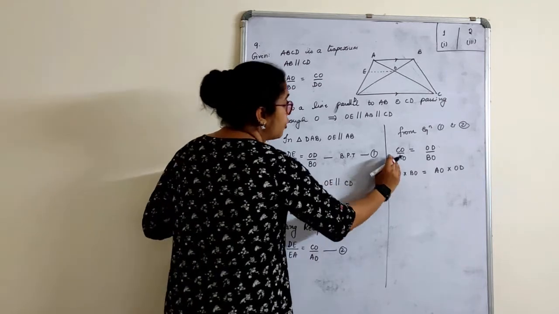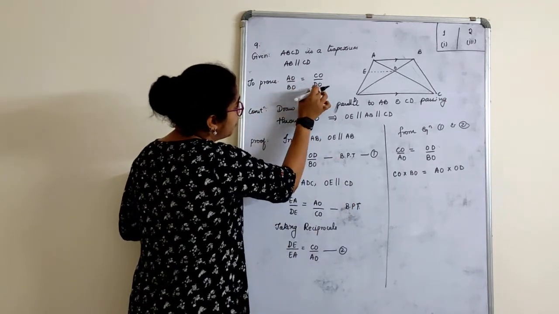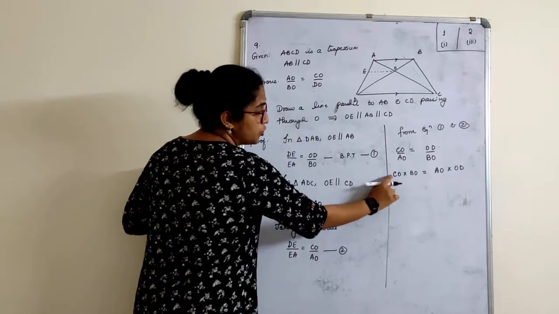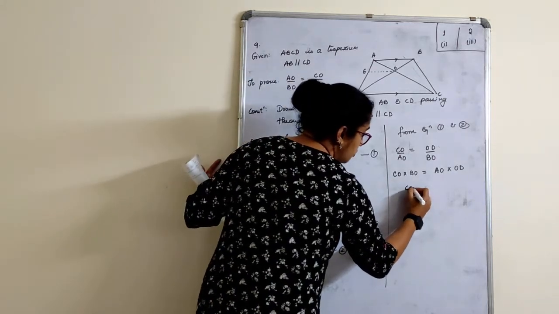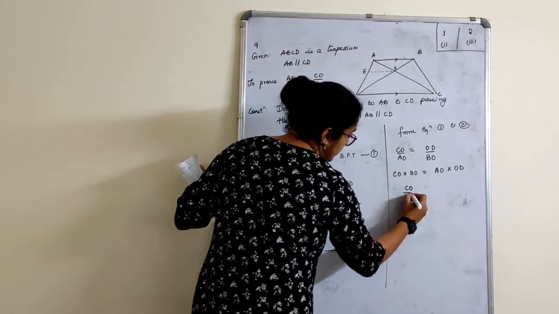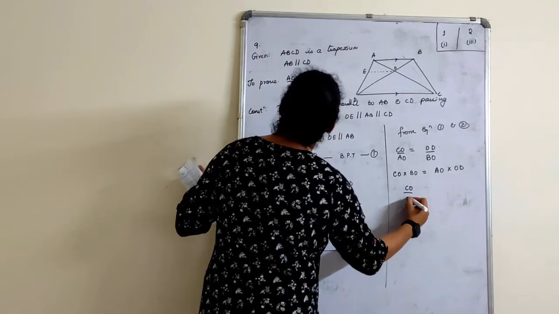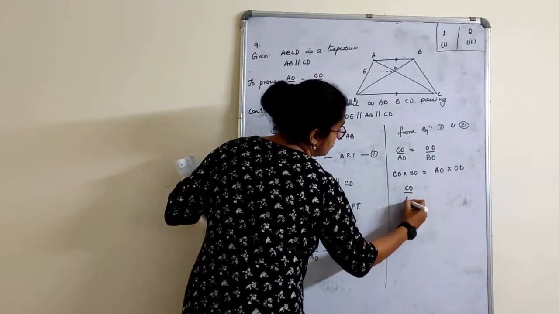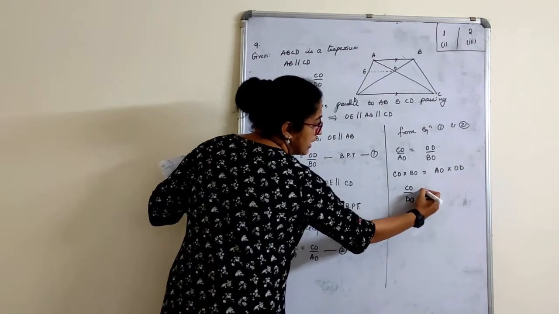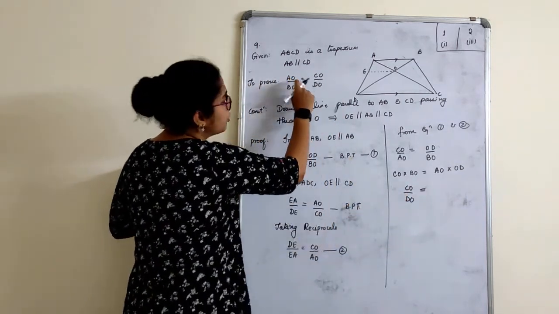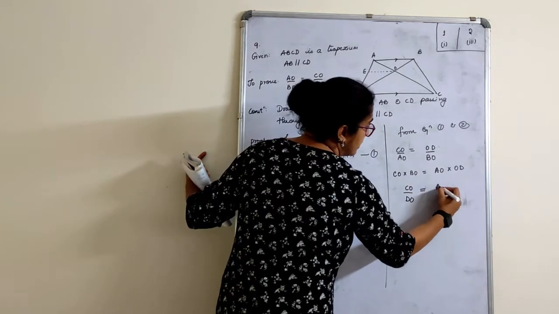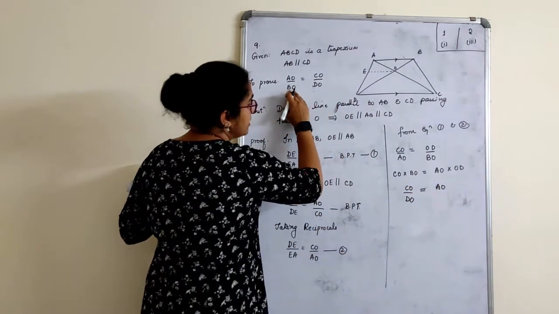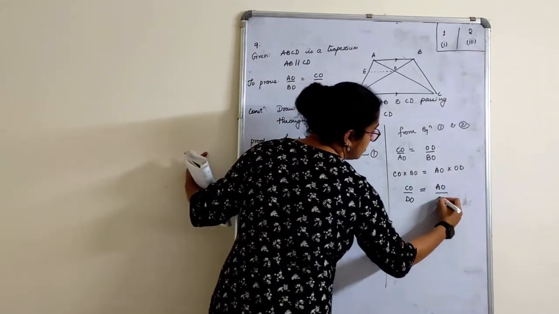Now, what do you want here? Okay, what do you want first? CO upon DO. You have CO here, write CO. Can I bring DO down? Yes, I can bring this OD down. OD only I want, right? Or DO, anything. Okay. DO down. I'll bring this down here. Is equal to, what do I want in the numerator? I already have it here. AO. What do I want in the denominator? BO. Can I bring this down? Yes.